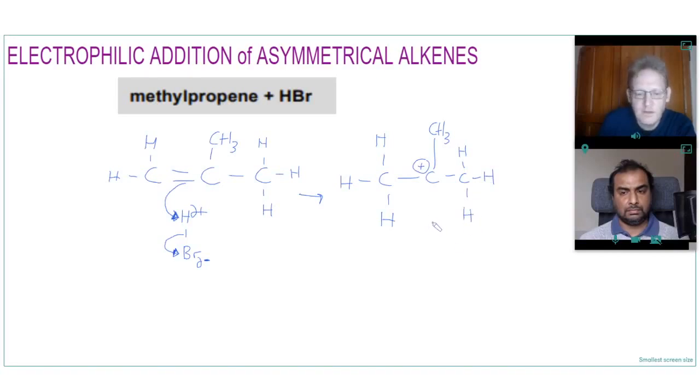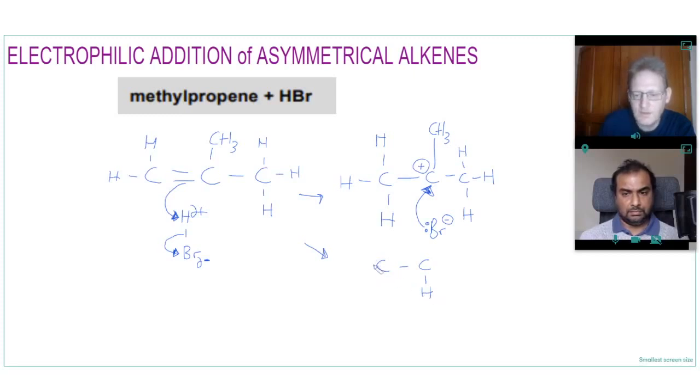And then we can have the Br minus, which took electrons from the hydrogen bromine bond, and that can form a bond with the carbon. And our other option is the hydrogen could attach to the second carbon,